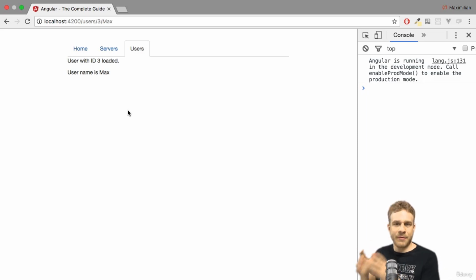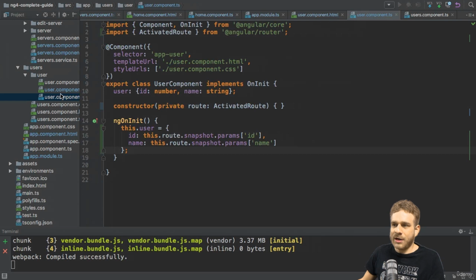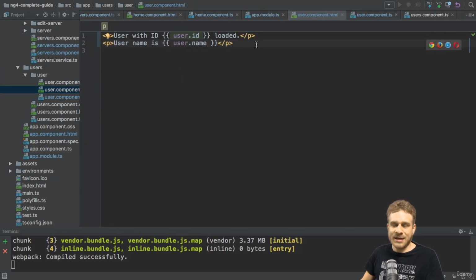In the last lecture, we saw how we can retrieve our route parameters, and it was working fine, but there are ways to break this. There are cases where this approach will not work, and I will show you a typical example. On our users component, we right now always saw that we have the user ID and name we passed on